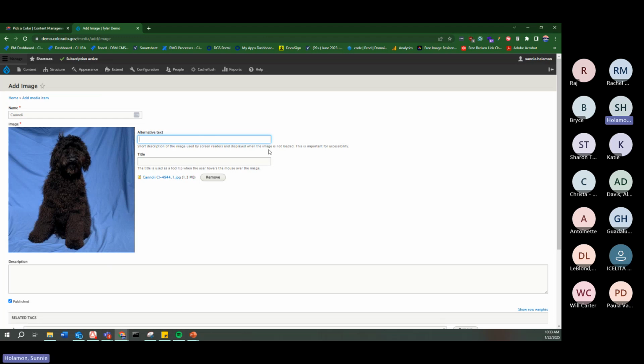But moving on, when we are writing alternative text, context is important. So in this instance, I know Cannoli is part of an adoption program, so if I knew his breed, I would be sure to include that breed in my alternative text. However, I'm pretty sure that he is just a mix. So I'm going to describe him to the best of my ability. I know that this is a large black dog,